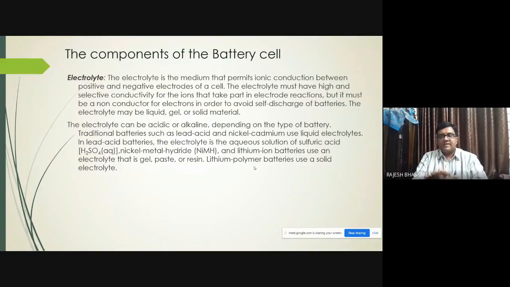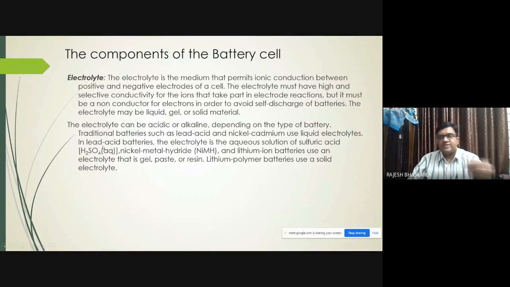Now tell me, we have packed lead acid batteries. What type of electrolyte is used in packed, maintenance free lead acid batteries? No answer. In the olden lead acid batteries, we used to have liquid H2SO4, but now we are getting completely packed lead acid batteries in which we get a gel type H2SO4, wherein the gel cannot leak out. That is called a packed or maintenance free battery.